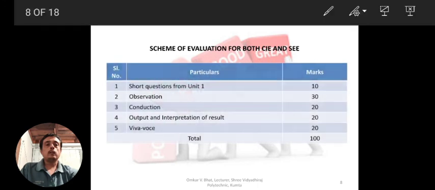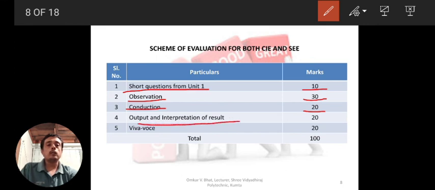So you can see here serial number 1, short question from unit 1, this is for 10 marks, and serial number 2, observation, for writing observation 30 marks, and conduction of the exercise, that is execution of that exercise, carries 20 marks, and output and interpretation of the result, it carries 20 marks.